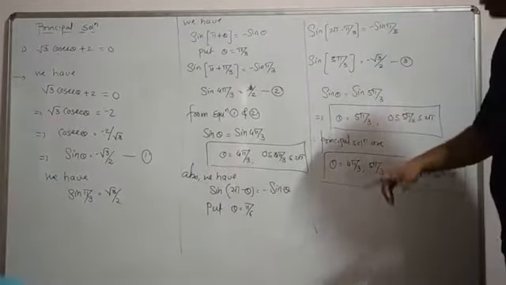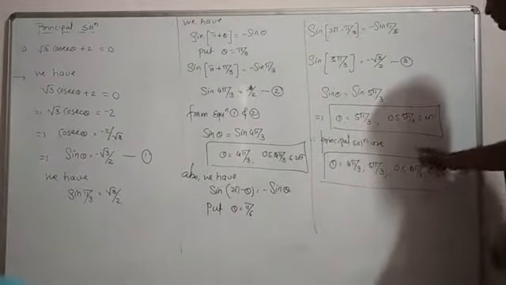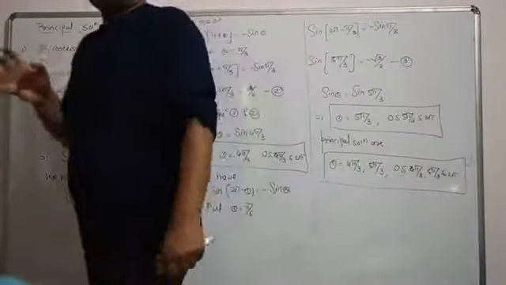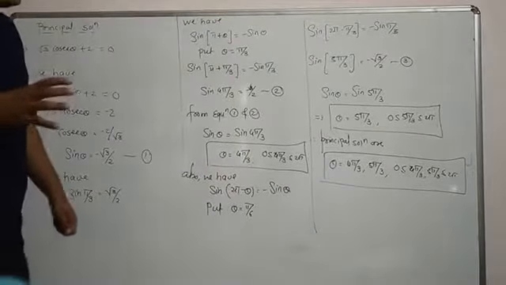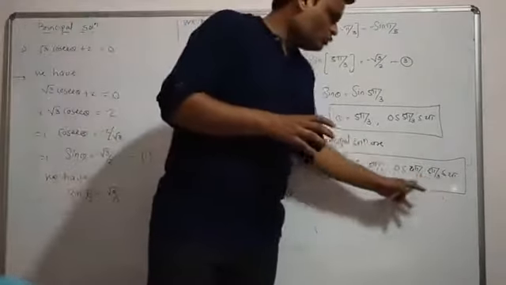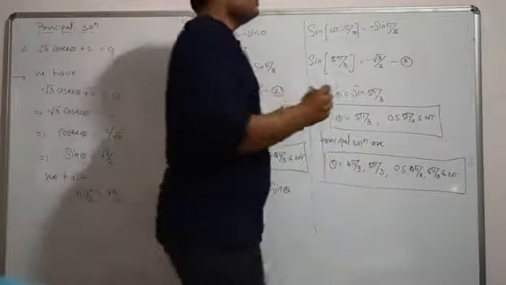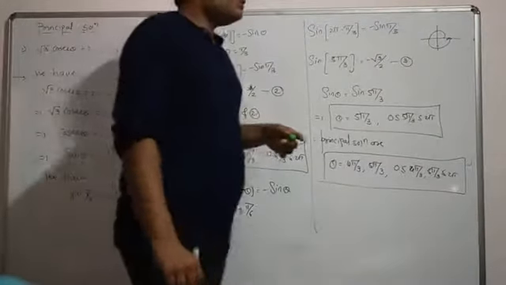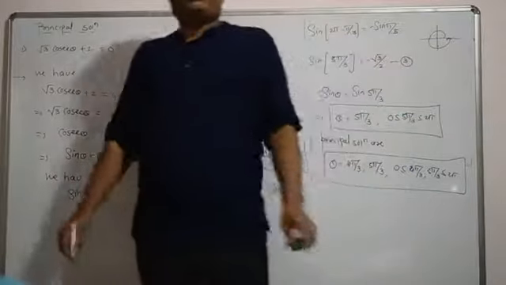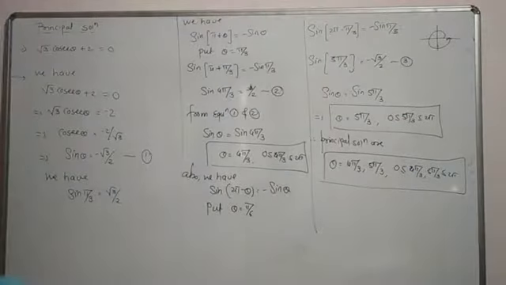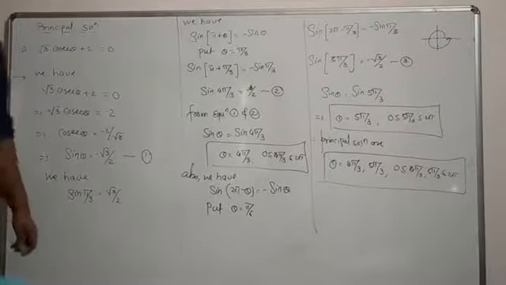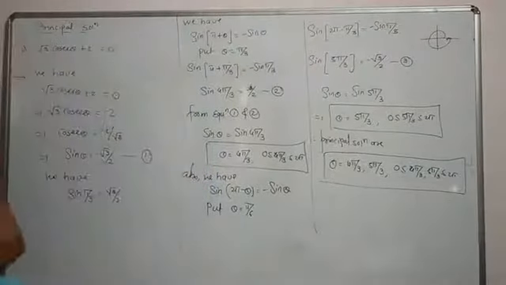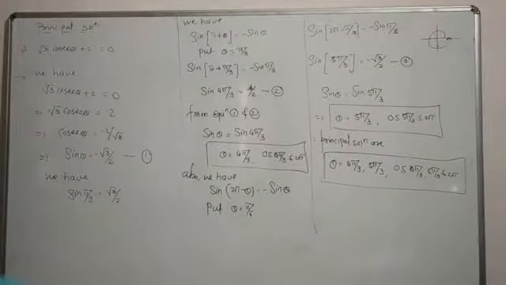So what is the condition? This is the condition for principal solution, that your angle must be between 0 to 2 pi. You can't go beyond 2 pi. It means you are only allowed one rotation. Right? So you can't take an angle like 2 pi plus something. And if you see all the examples, we had all the angles between 0 to 2 pi. So that is called the principal solution.